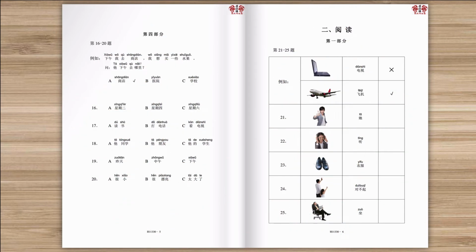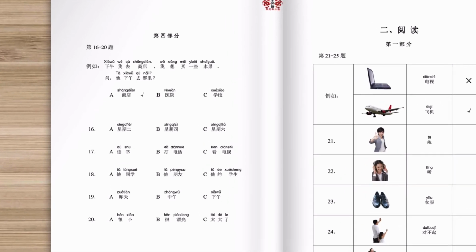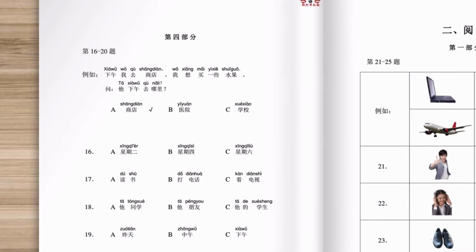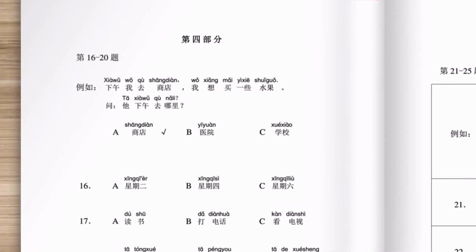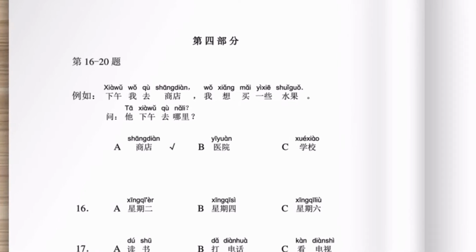Here we are at the fourth and the last segment of the listening part. In this segment, you will listen to a dialogue and find the correct answer from the given three options. See the example, please. 第4部分，一共5个题，每题听2次。例如，